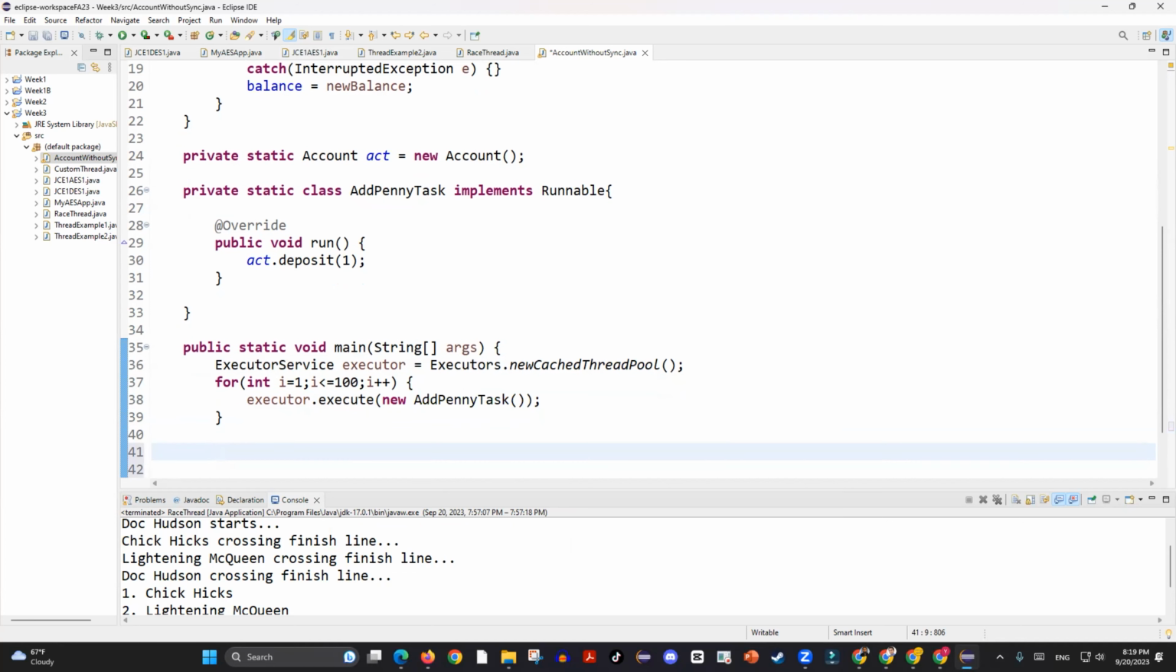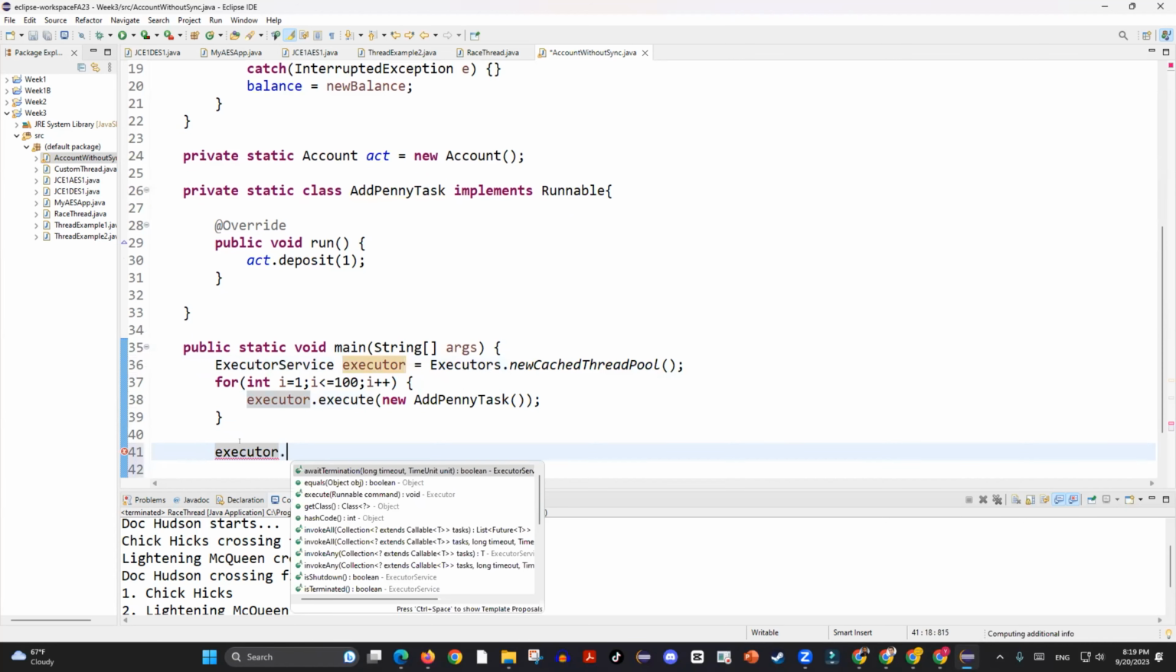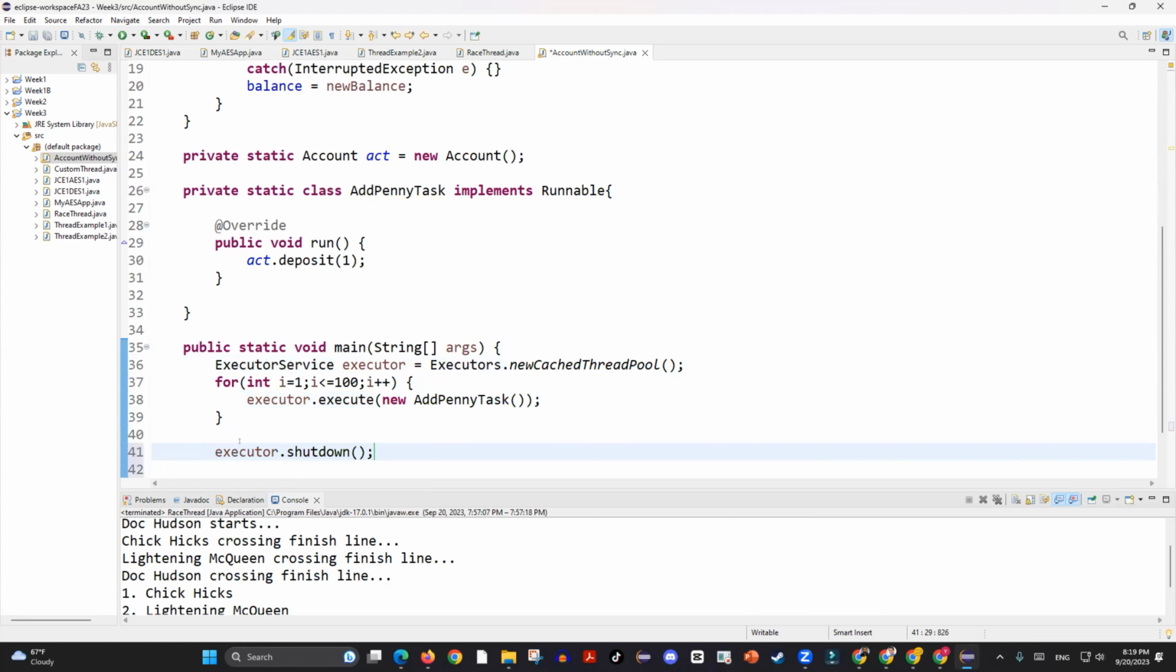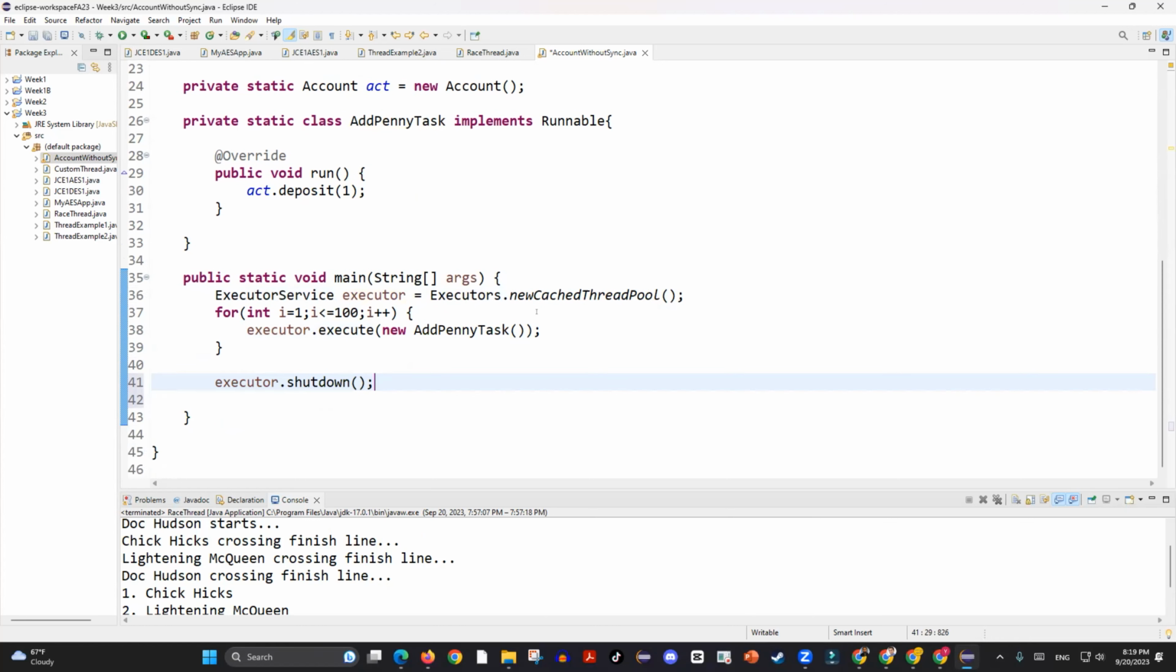Now, there should be a way to terminate the threading process. That's why we have the executor class. So executor can literally shut down the entire pool at once. And then we can literally wait till all tasks are terminated. And that could be done with the help of a while loop,